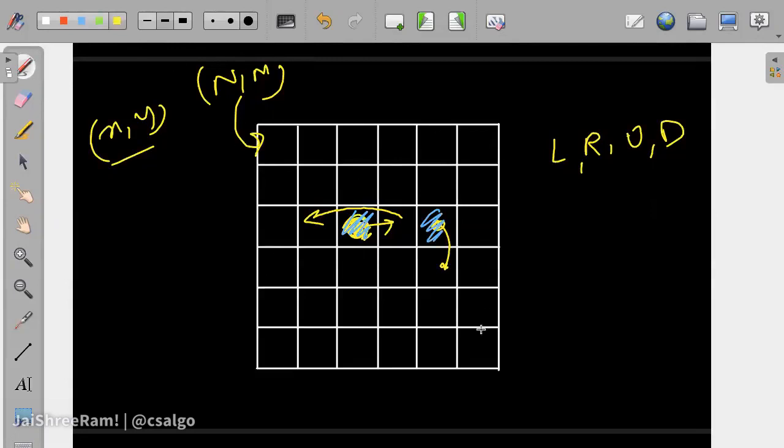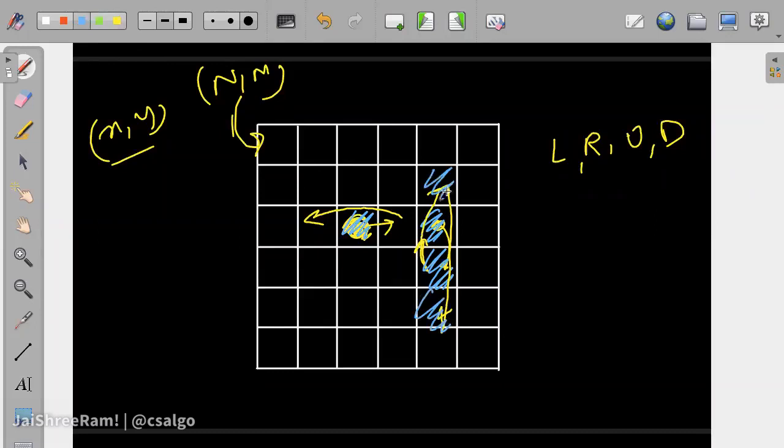So you are given an n cross m maze and you are starting at a particular point. Whichever cell you leave, that cell gets destroyed. By destroyed, I mean that when you come back to that particular cell in some direction, you will get slipped to the next cell. So the statement is something like it converts into ice, and if you try to go to that cell, you slip to the next cell which is not ice. That's what the statement is. So you will go to this cell and then this cell will become ice, and then if you go down from this, you will get slipped to this particular cell.